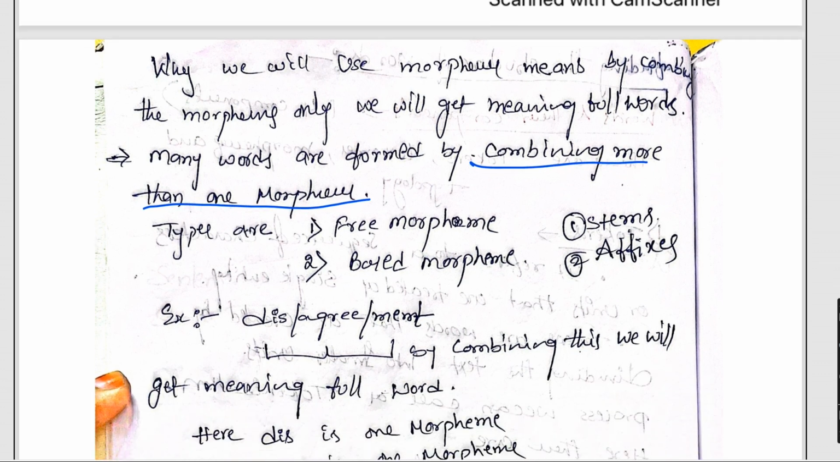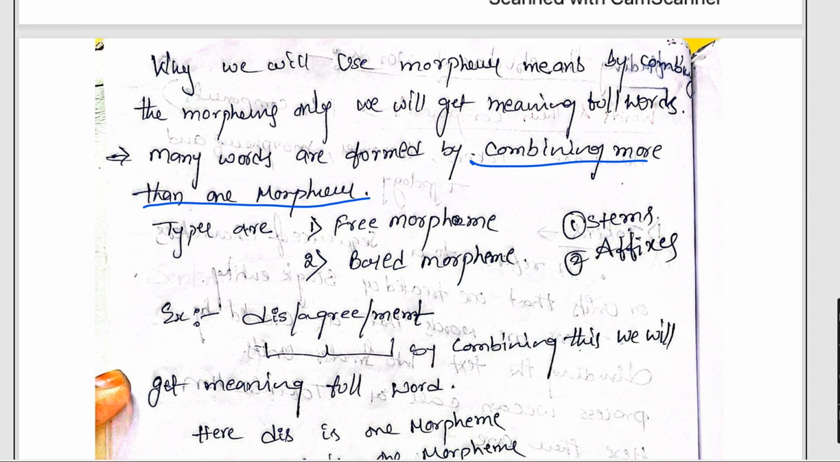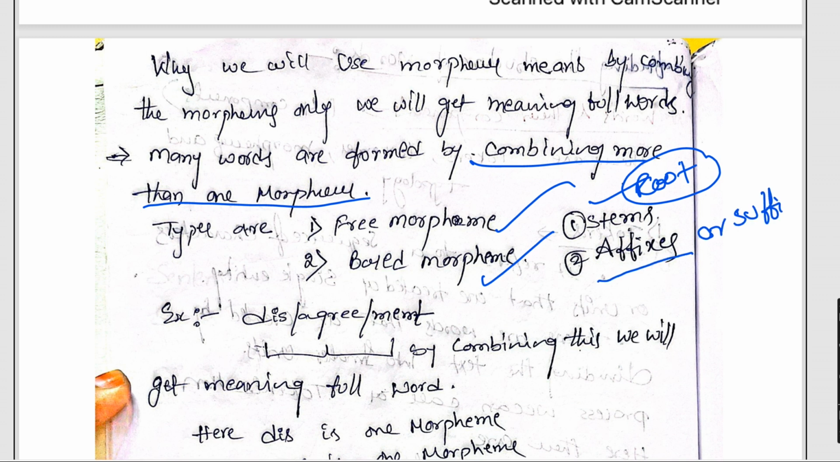Here morphemes are of two types: free morphemes and bound morphemes. We can consider that free morphemes are stems, that means root words only. Bound morphemes means that, based on the root word, we can add prefixes or suffixes to form a new word. So here see a simple example I have given,